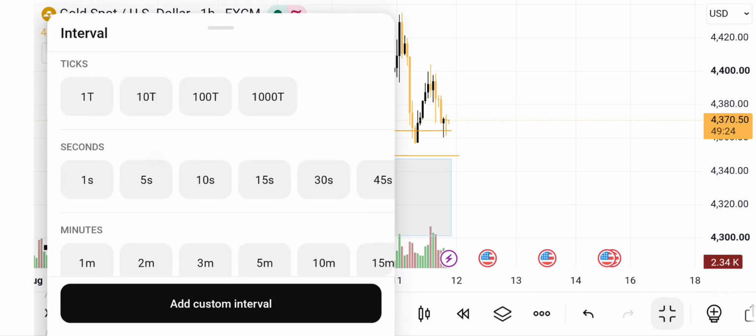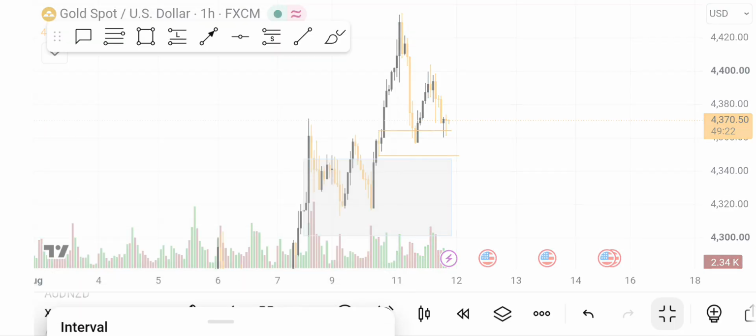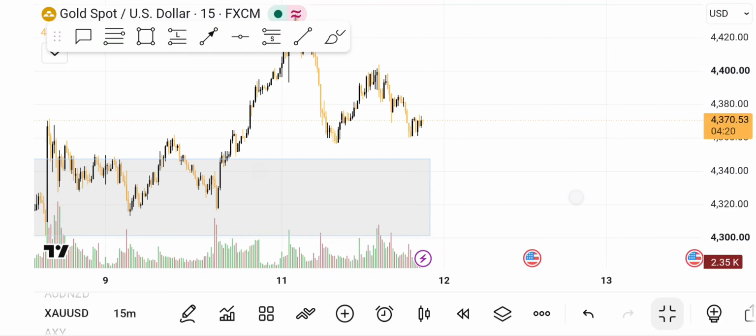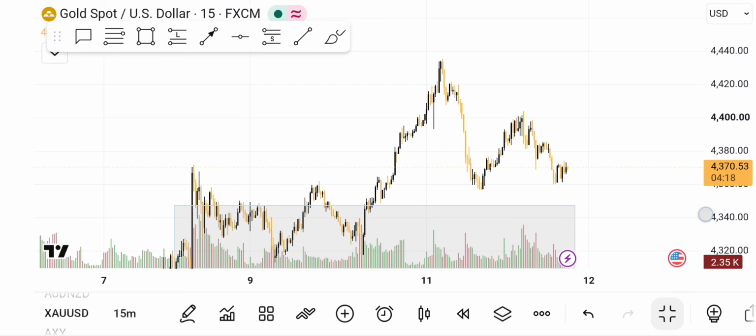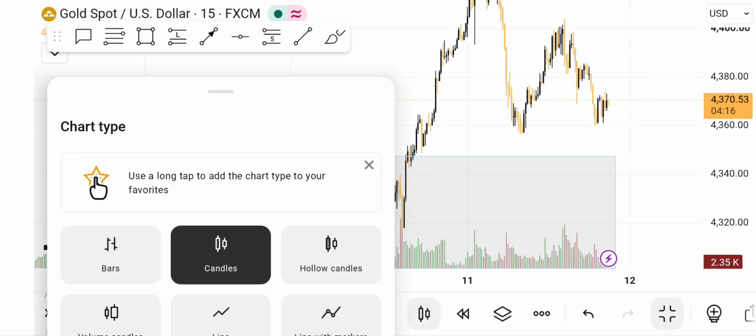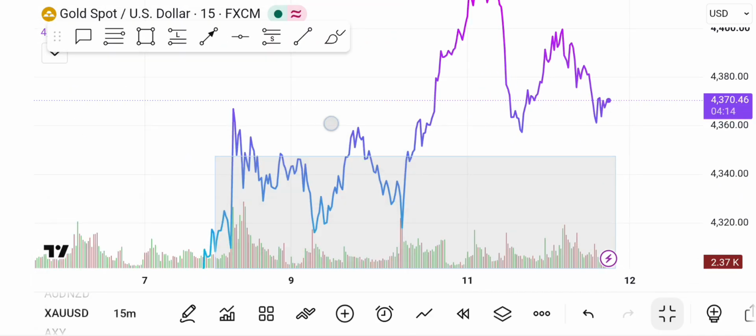So now let's go to the 15 minutes time frame. I use the 15 minutes time frame to pick the trade mostly. So this is the 15 minutes time frame. So in this 4 hours,